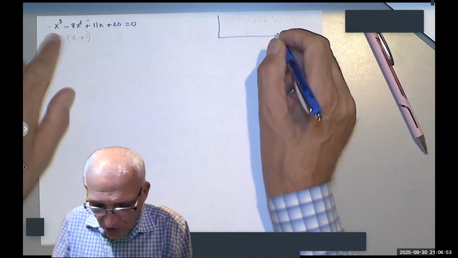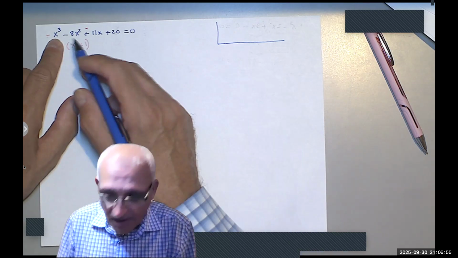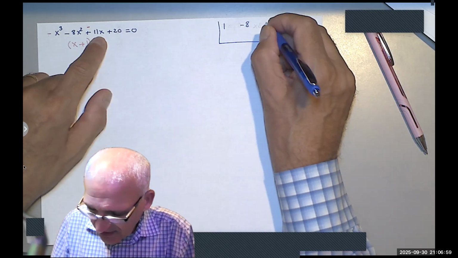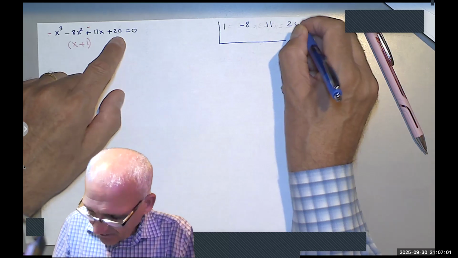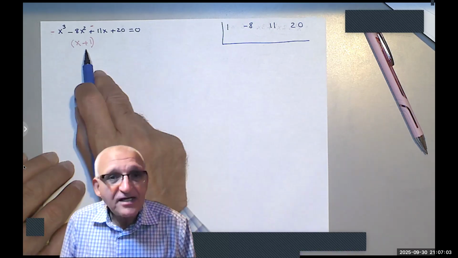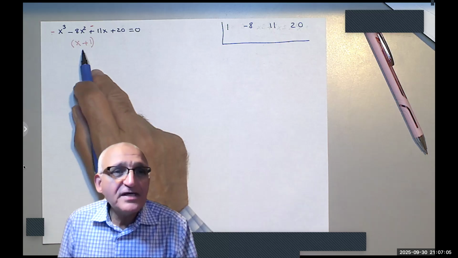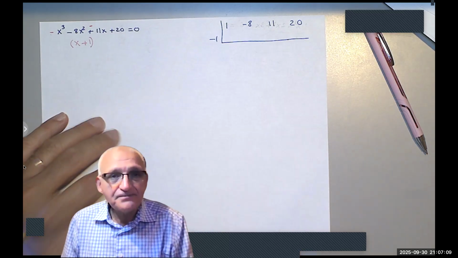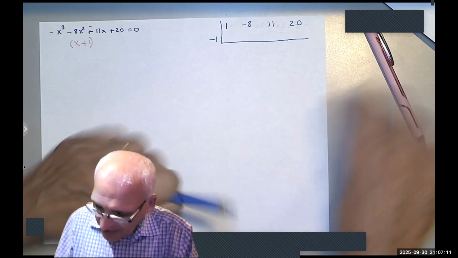You can write the original coefficients: 1, negative 8, 11, and 20. And you check, don't check. We know that x equals negative 1 is a solution, so you write negative 1. You bring down the 1,